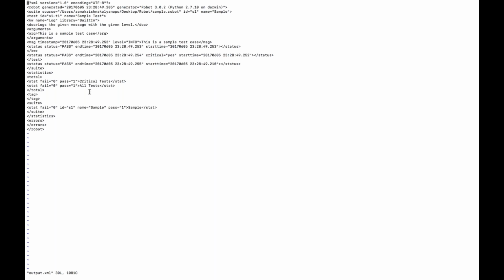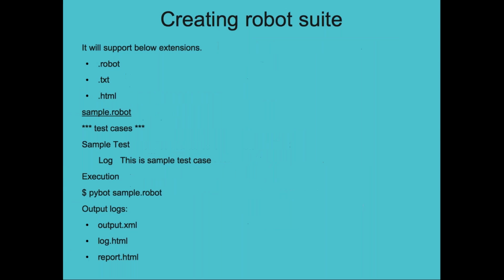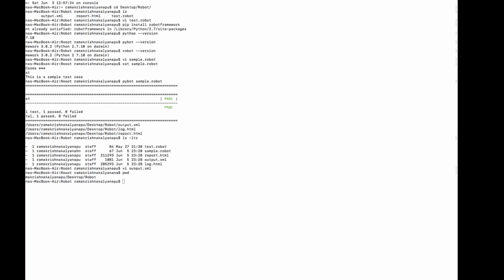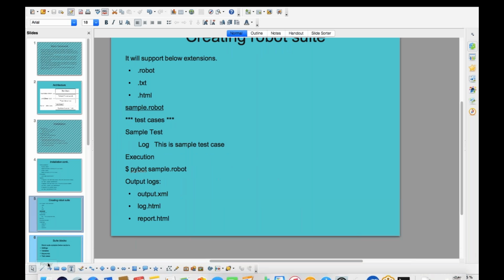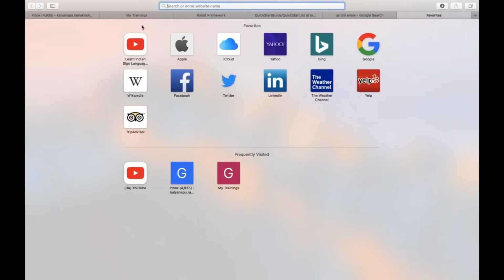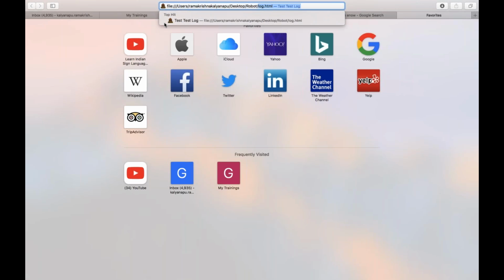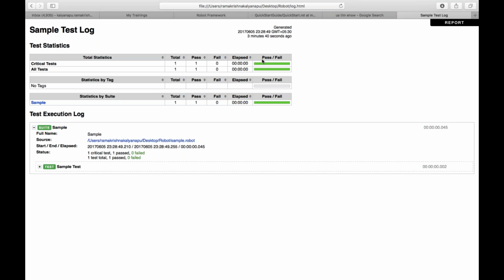But XML format is difficult to understand, so we can open it in HTML format. So I'm opening